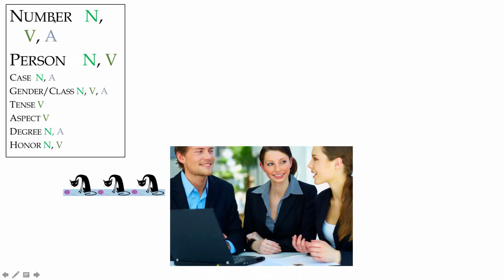So in this slide I want to talk about number and person, two of these categories. And these two often do work together. Person, as I said, refers to who is being referred to or who is being attributed a certain action or attribute. So if this woman is the person speaking, this would be a first person use, because I, the first person singular pronoun, includes the speaker and there's only one person involved.